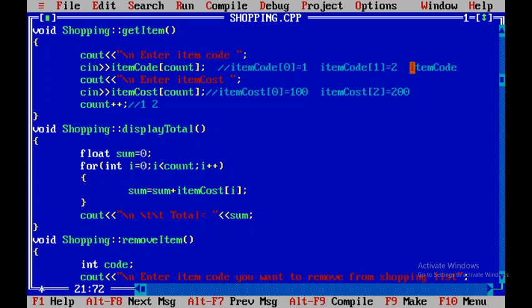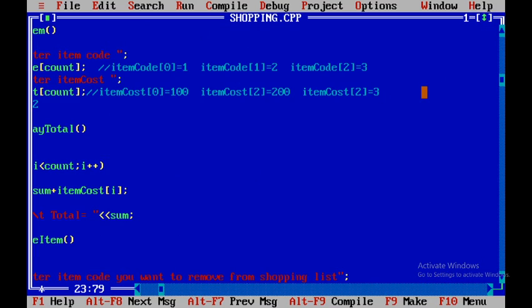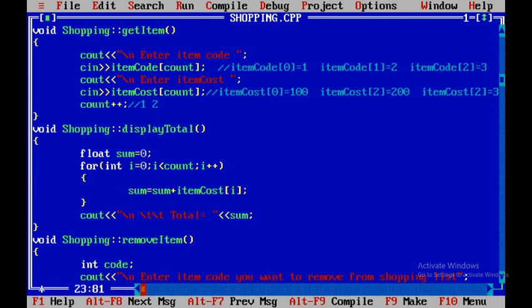Atom code of 2, it was 3, and atom cost of 2, that is 300. So same values I am using here.